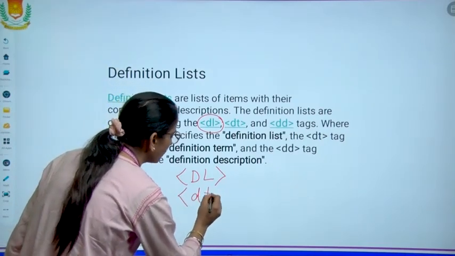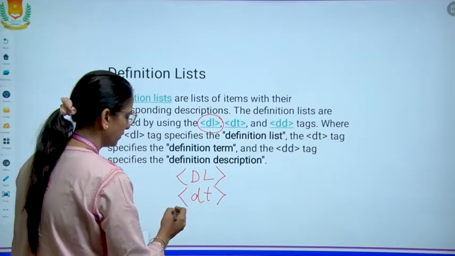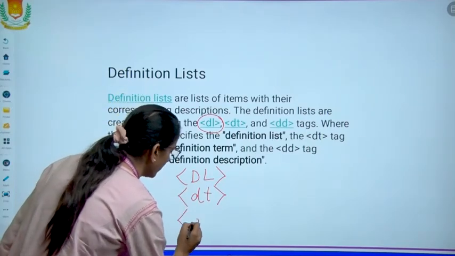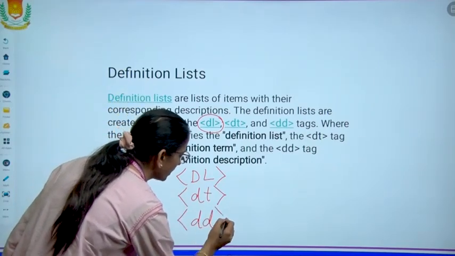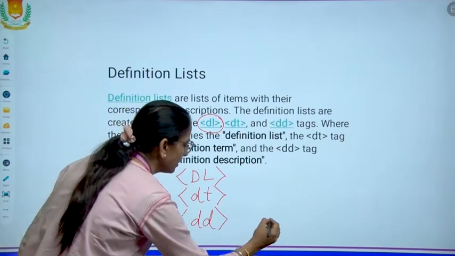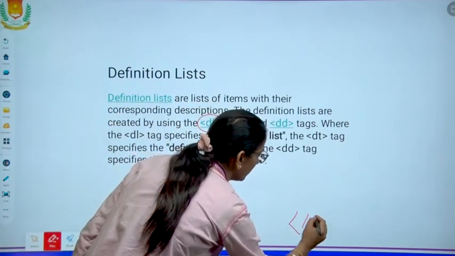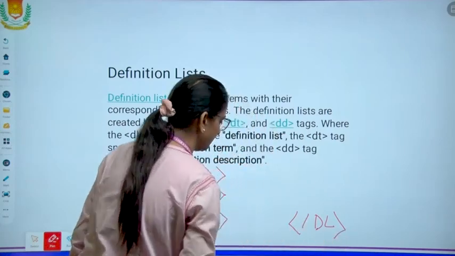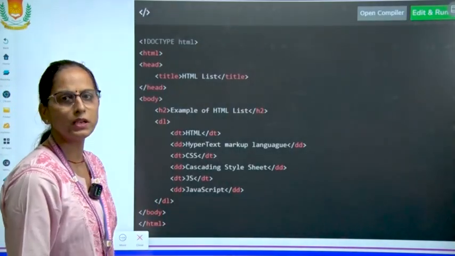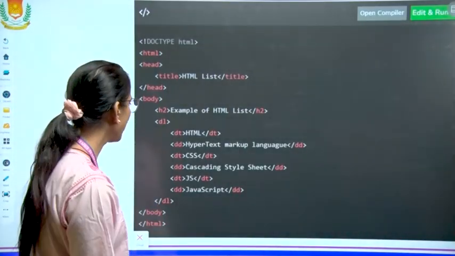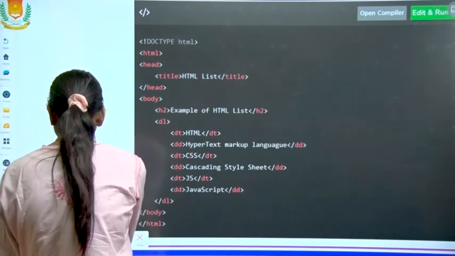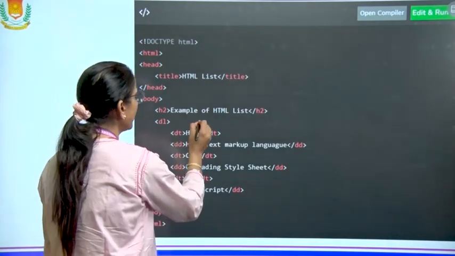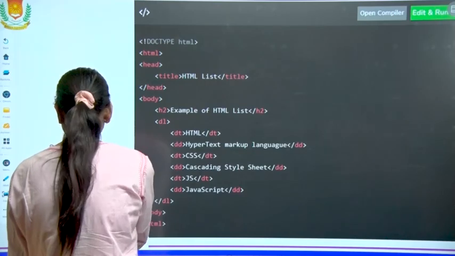Then we have the definition term. Then we have the definition description. And then your DL will be closed. Now we will discuss it with the help of an example. The definition list is there. This is the definition list beginning,